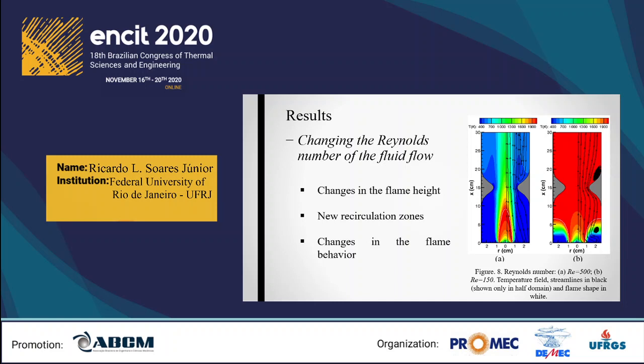Decreasing the Reynolds number of the fluid flow in Figure 8b, the oxidant flow rate is decreased, so the amount of oxidant will be insufficient for complete combustion of the fuel. The flame presents an underventilated behavior, expanding into the solid walls. In this case, two recirculation zones are formed, one upstream of the irregularity caused by the buoyancy effect, and another one caused by the solid wall shape that induces the fluid flow separation downstream of the peak of the regular wall.